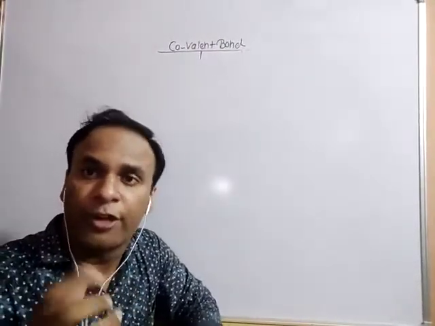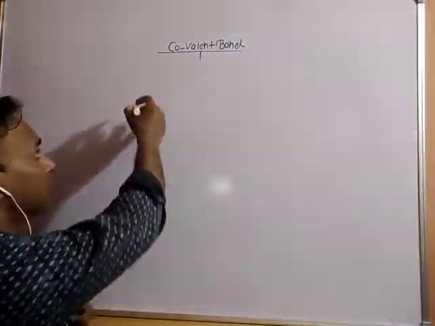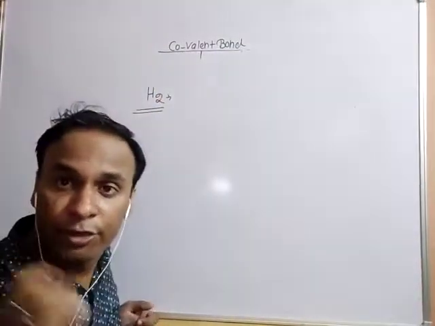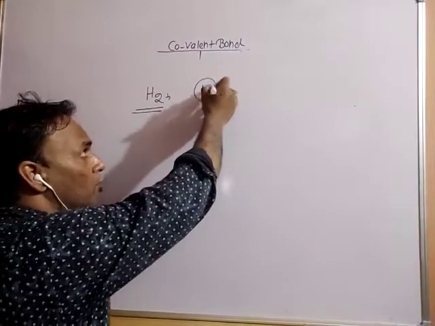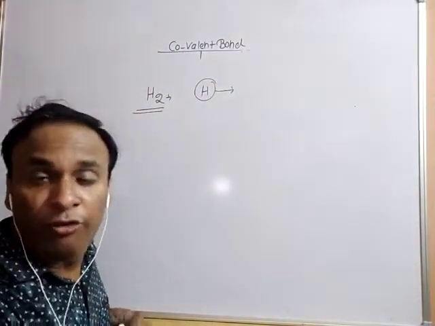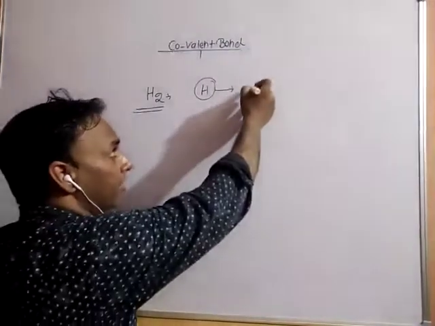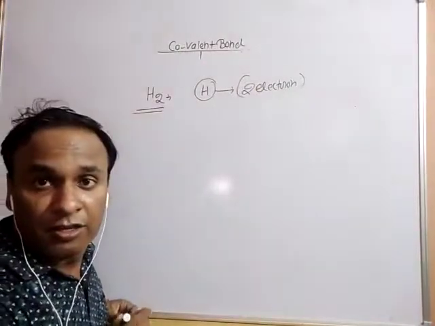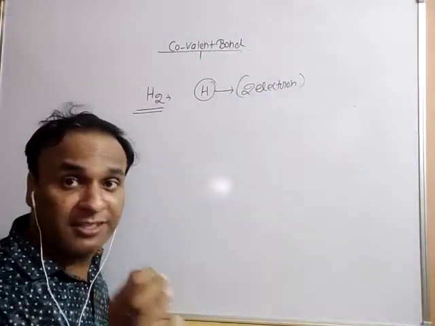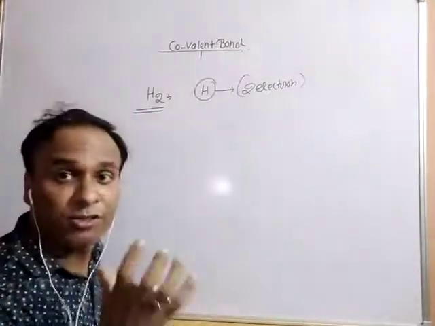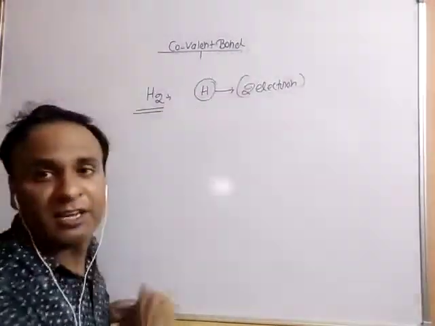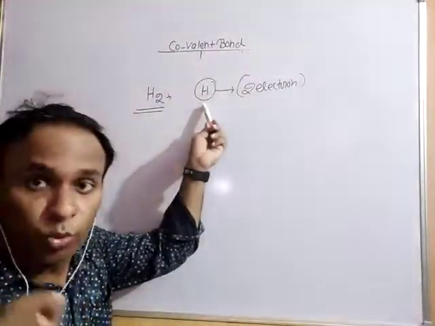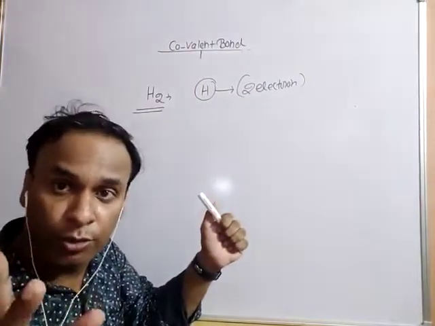Now the hydrogen molecule is H2. Hydrogen is the only element in the periodic table which gets stabilized by 2 electrons. Hydrogen, whose behavior is gaseous, is considered a non-metal, and due to its non-metallic behavior, it forms a covalent bond.